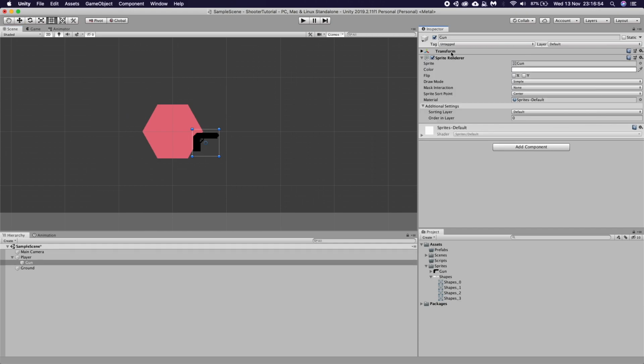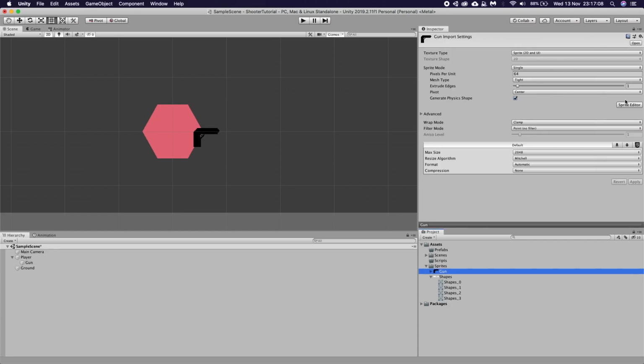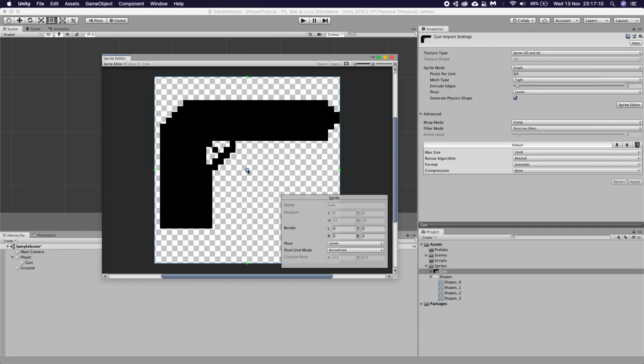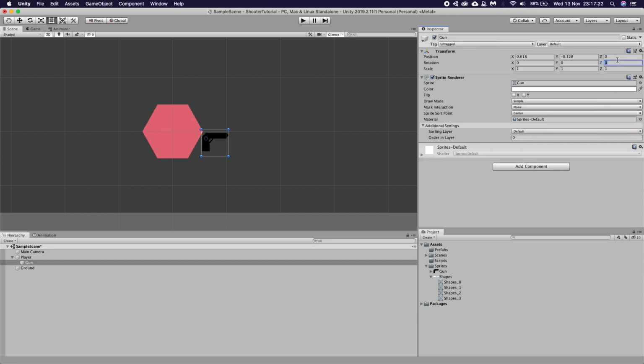Oh, actually, I just want to quickly, on this gun, change this rotate point. See this here? If we rotate on the Z-axis, you'll see it turns from the center. We don't want that. We want it to turn from this handle here. So let's go to the gun, click sprite editor and see this little blue dot. We just want to drag it just about here, and this will allow it to rotate from this point instead. Click apply, close. And now if we say, let's say 45 degrees, you'll see it turns from this point. So let's make that 0 again.